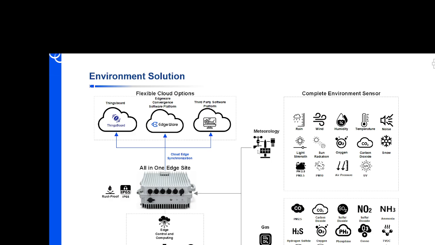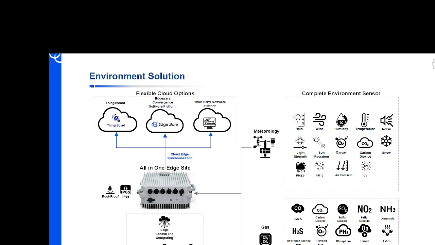The other part, I think what's most important for the IoT environment solution, is the all-in-one edge side, which we think is the biggest challenge here in the world to build. Our philosophy is to build an all-in-one edge site based on IP65 and rust-proof features, because our experience is that IoT sites normally are deployed somewhere very difficult to maintain. Sometimes we even see solutions deployed in forests or near the beach, and the environment makes